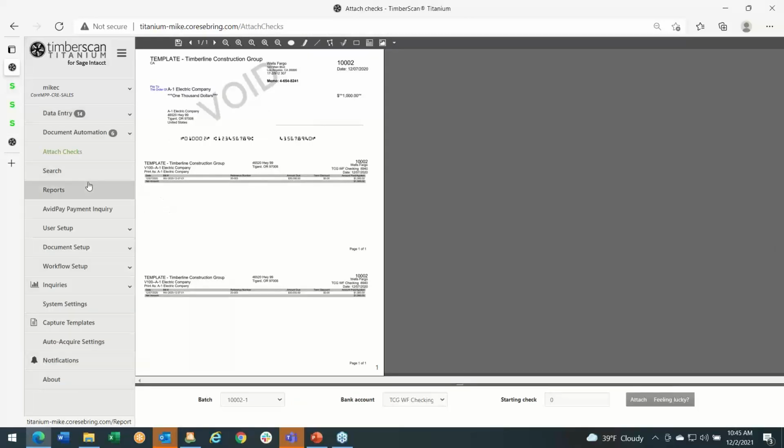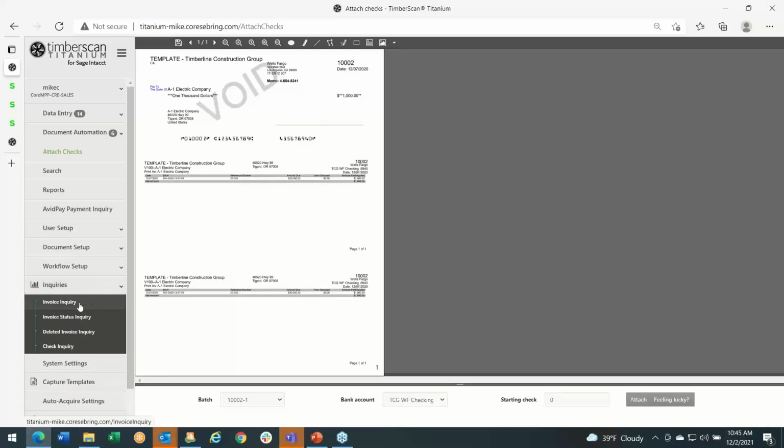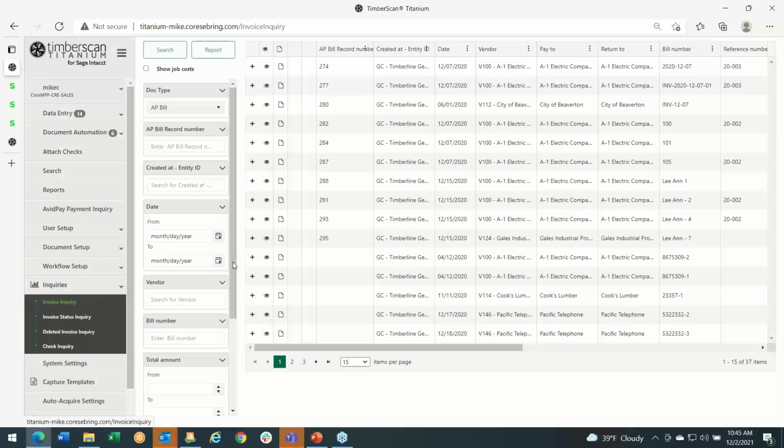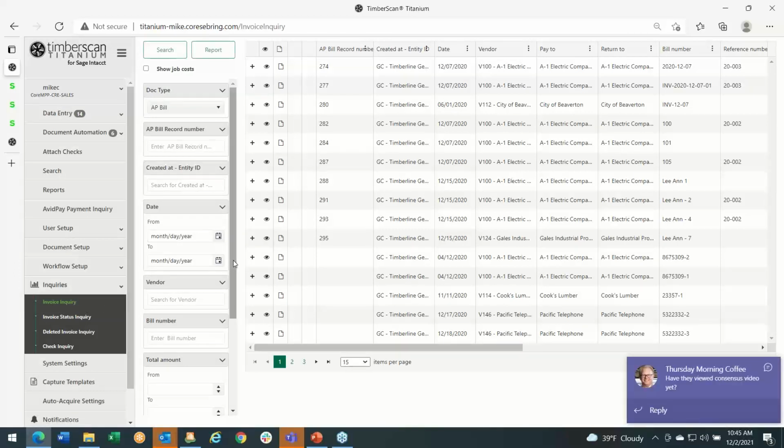One last note that I'll make here. In addition, I showed the dashboards on the front end, but we also have a series of reports and inquiries in the system, and they're very flexible in how they work. Now, if you needed to compile backup for a time and material